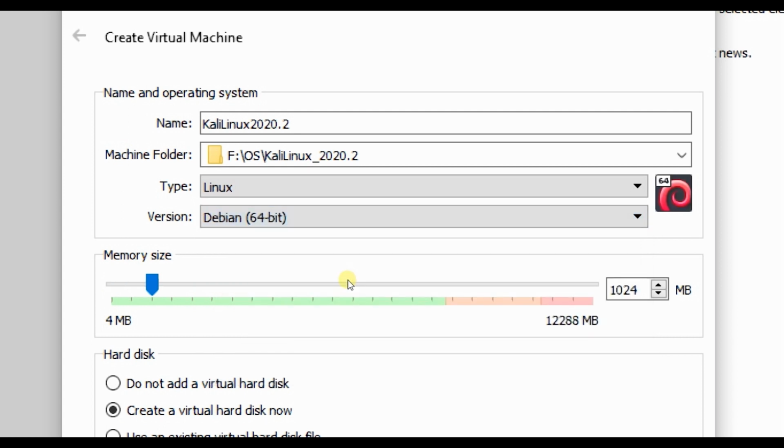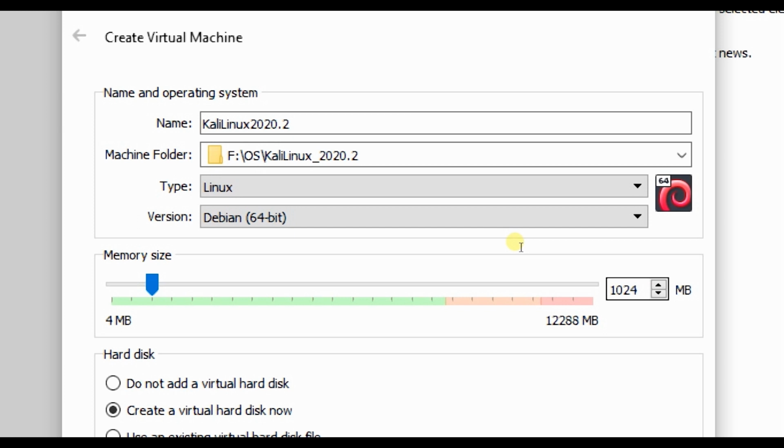Now this will depend on your choice, like if you are installing a 32-bit version, then select Debian 32, or select Debian 64 if you are using the 64-bit. As Kali Linux is based on Debian, you need to select Debian over here. Now this is your memory size, that is your RAM size.